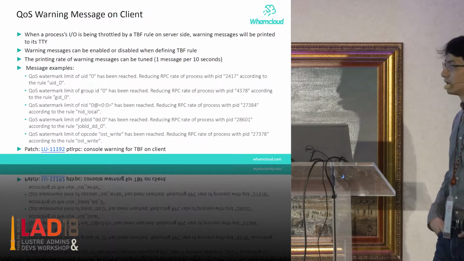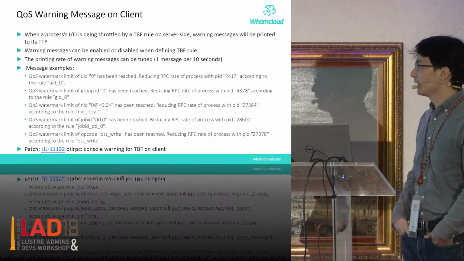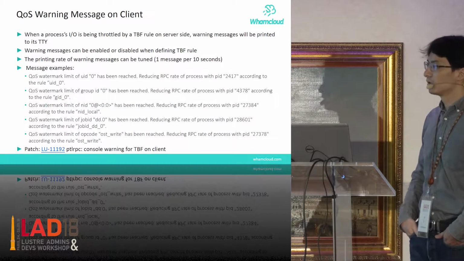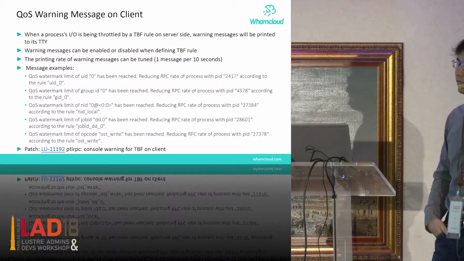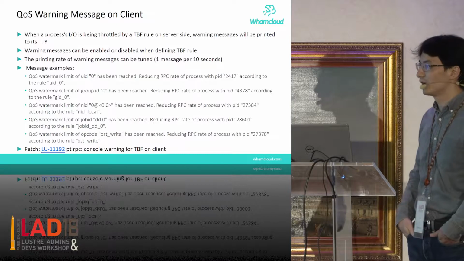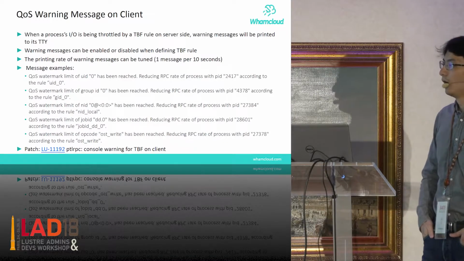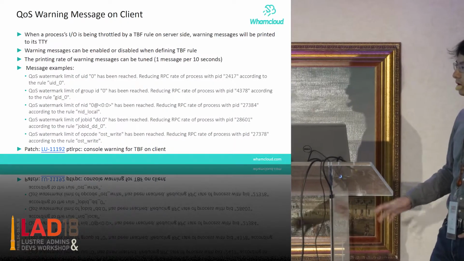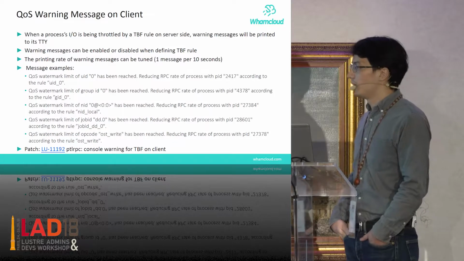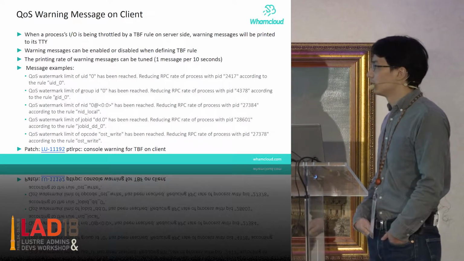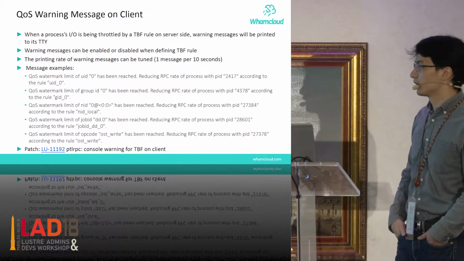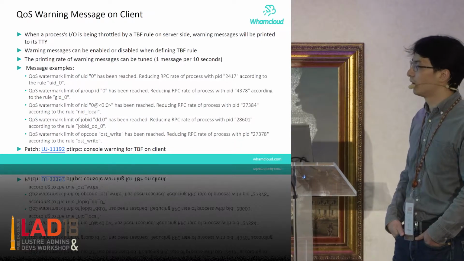We think that is useful because sometimes users do not have any information about why the application is slow. It might be slow because Lustre is slow, but it might be slow because TBF is throttling the RPC rate, right? So we want to show more information to the users so they can know what's going on and make